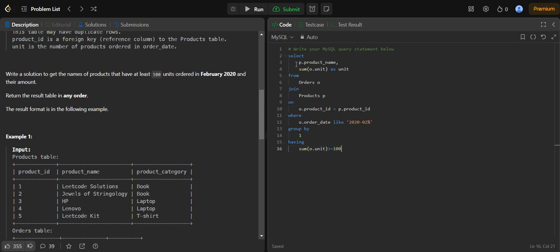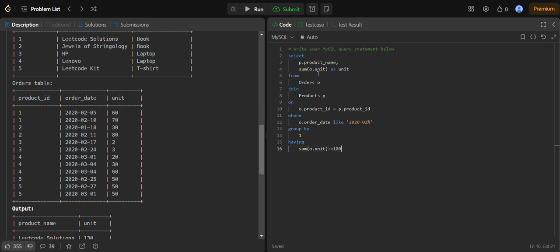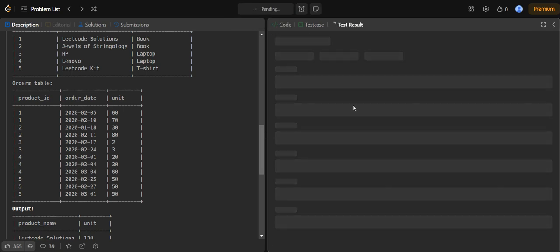I hope you have understood it. I am grouping the query by product name. I am adding all the values of the units column, where the order date looks like 2020 February. And I am joining the orders table and products table on the basis of the product ID. Then I am grouping by the first column, and checking that the sum in the resultant table must be greater than or equal to 100. That means I am eliminating those rows whose sum is less than 100. Okay, so if I run this,